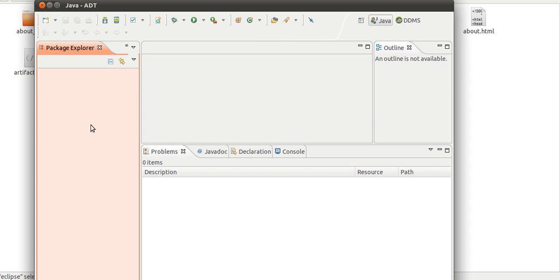In the next tutorial I'll talk about how to create a Libgdx project, and then how to develop a simple game. So for now